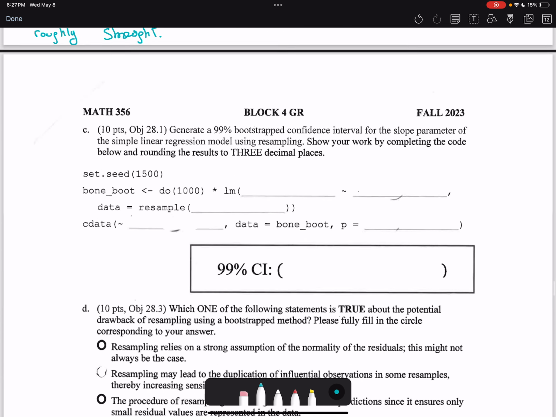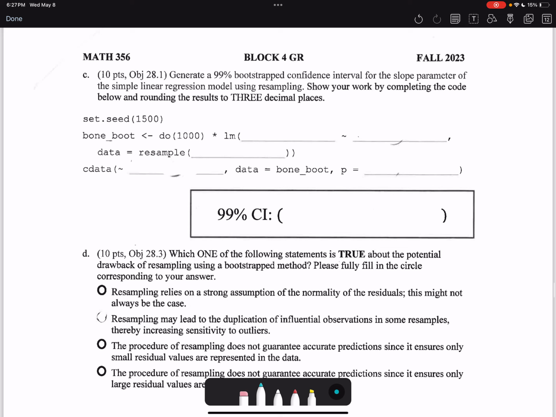Okay, now generate a 99% bootstrapped confidence interval for the slope parameter of the simple linear regression model using